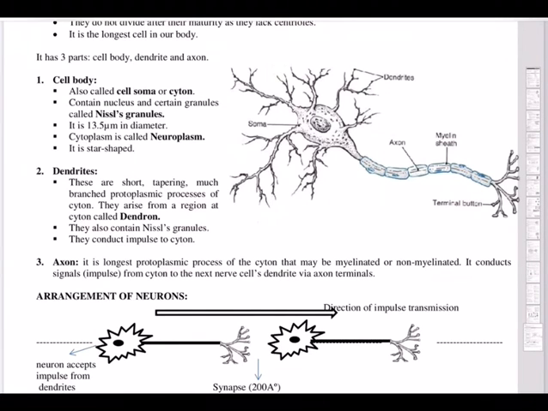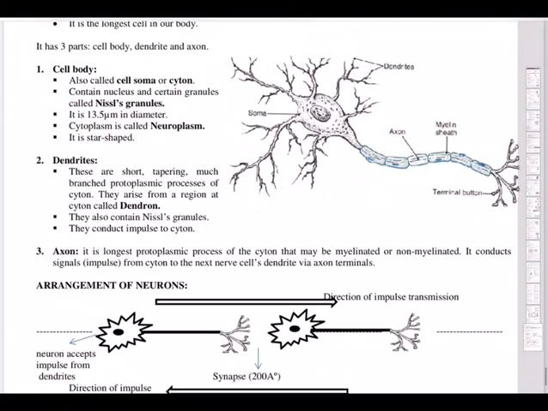What about types of neurons based on structure? Of course, you are seeing the myelinated sheath in the diagram. Axon is covered by a covering. That covering is called myelin sheath. Such a neuron is called a myelinated neuron. It means there is extra protection for the axon. And some neurons will be there without any myelin sheath. They are naked neurons. They are called non-myelinated nerves or neurons. Nerve cells are neurons. So myelinated are present in the white matter of the brain and spinal cord.